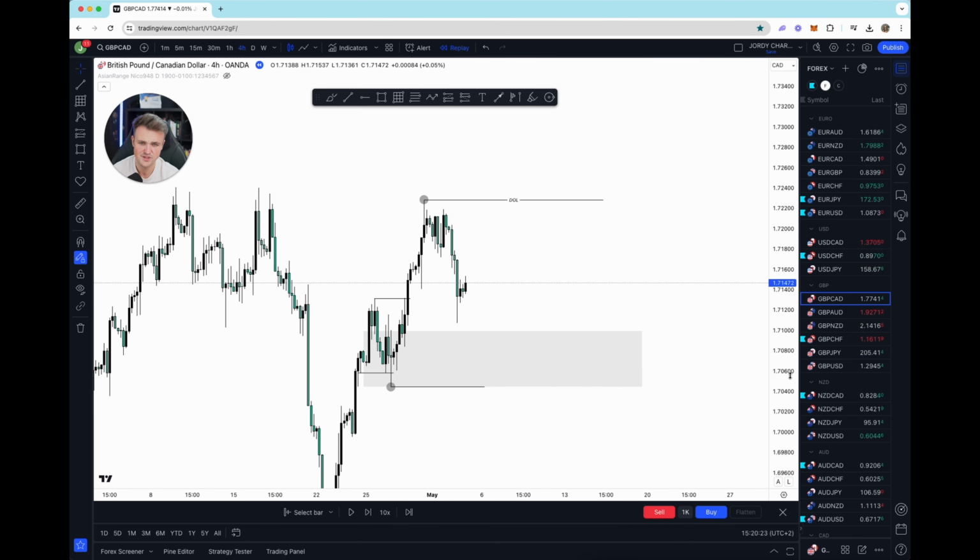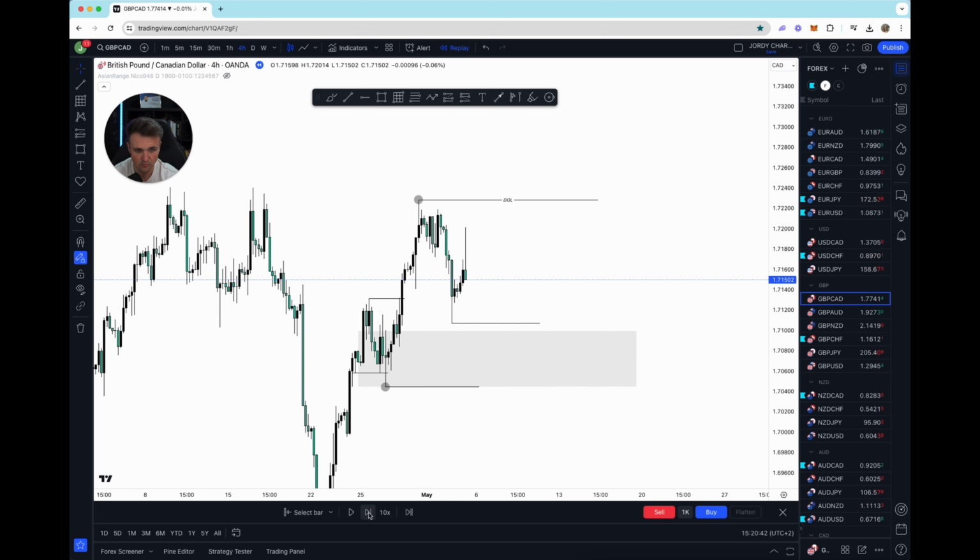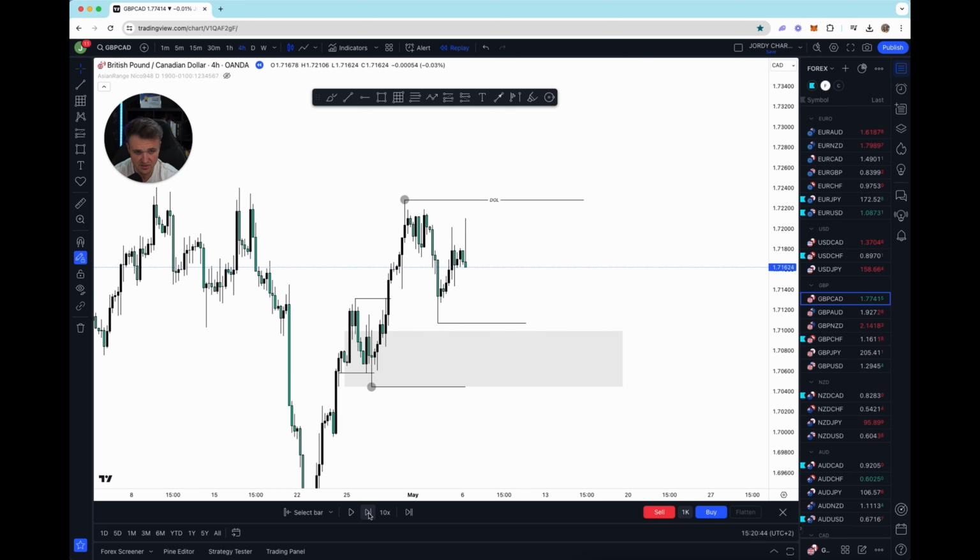So the first thing that we are going to do is quite simple. We're going to look for liquidity to be swept. So first off, we need buyers to come into the market. So right here, we are creating buyers in the market. And we want these buyers to be taken out, and then we can move to a lower time frame. So we wait. We can see some buyers coming in the market.